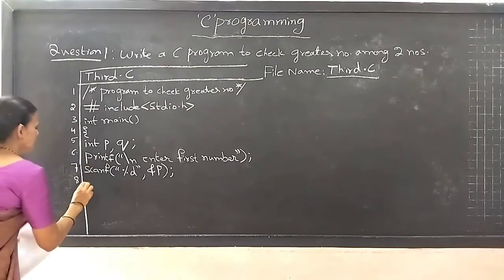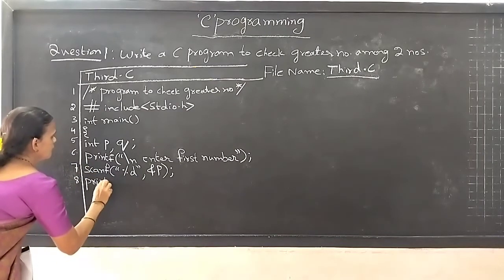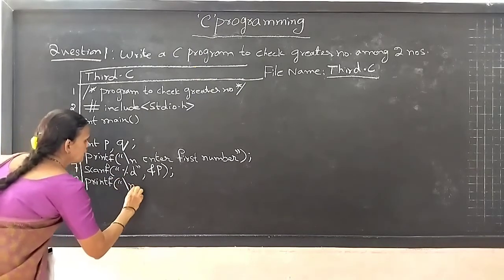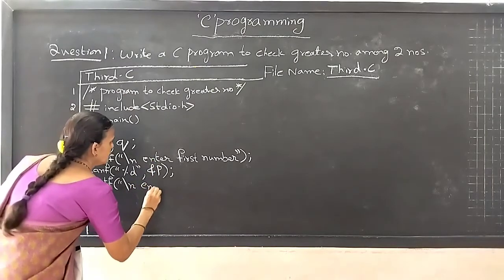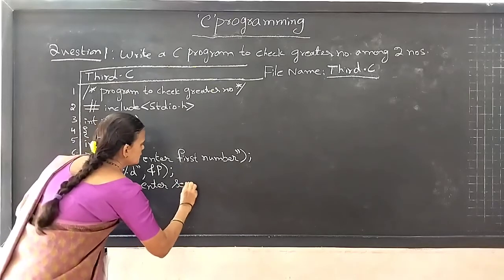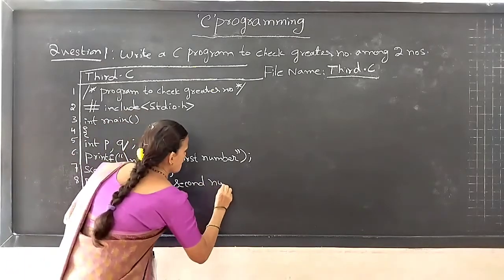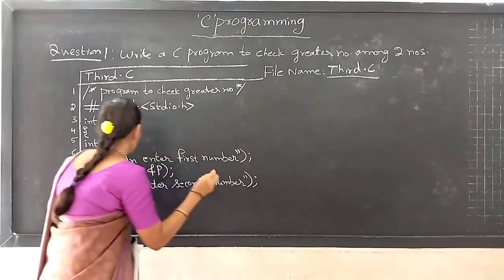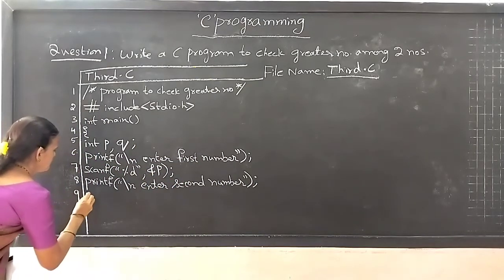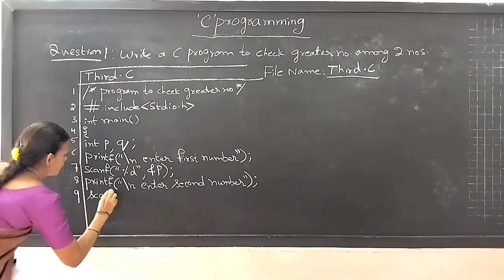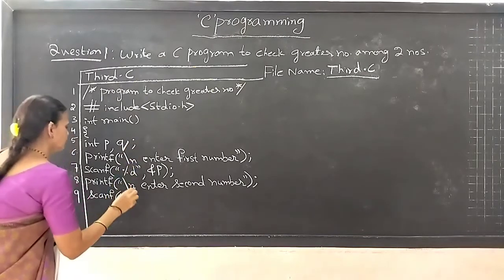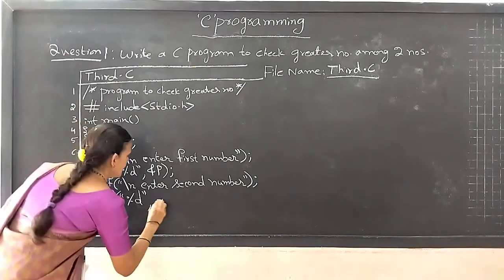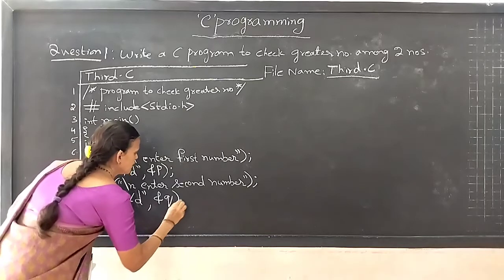In the eighth line you have to write again printf, open bracket, double quotes, backslash n. You have to write for one more number, so "Enter second number", double quotes, close bracket, semicolon, and in the next line again you have to write scanf, double quotes, %d, quotes, comma and &q, close bracket, semicolon,